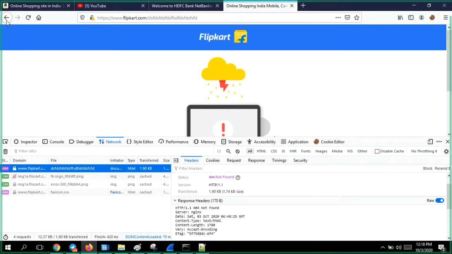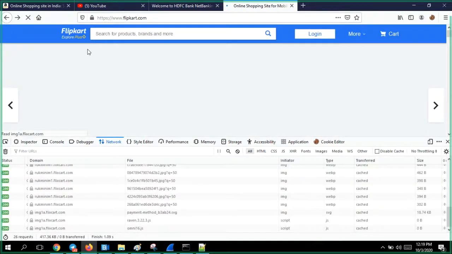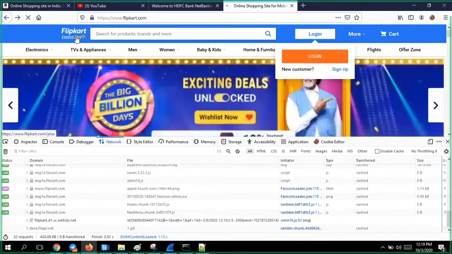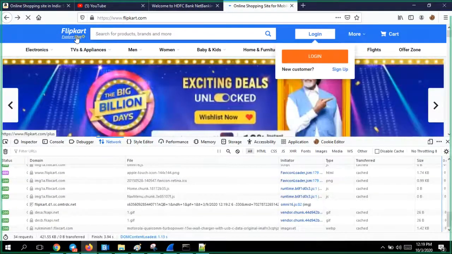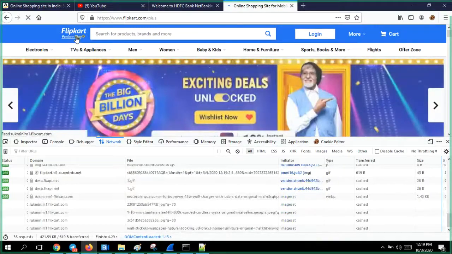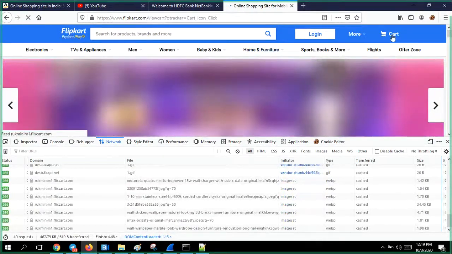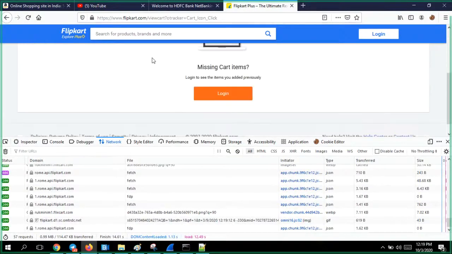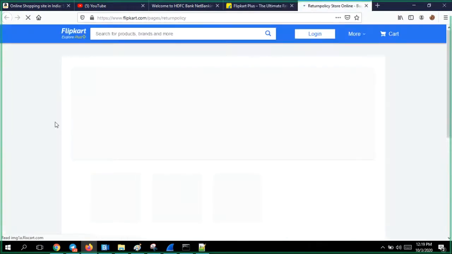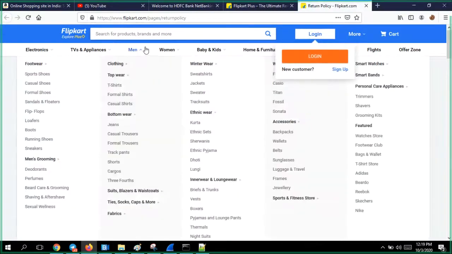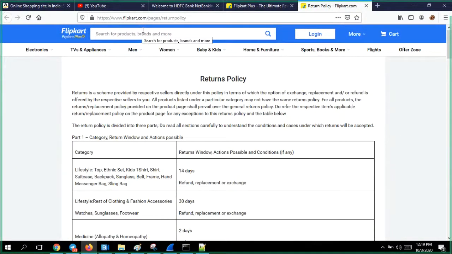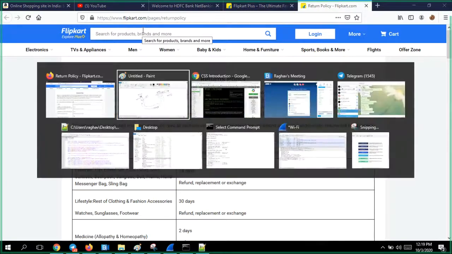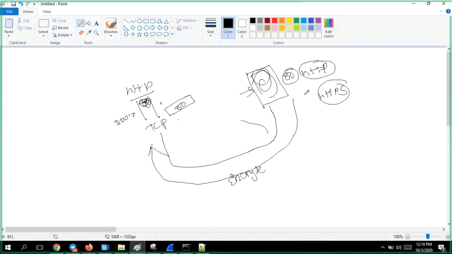For example, I have the Flipkart homepage, Flipkart Plus, the Flipkart view cart page, and policies pages. But you're asking for some page which I don't have. I searched my entire website but couldn't find it. What should I do? I'm responding to you for the GET or POST request, anything.